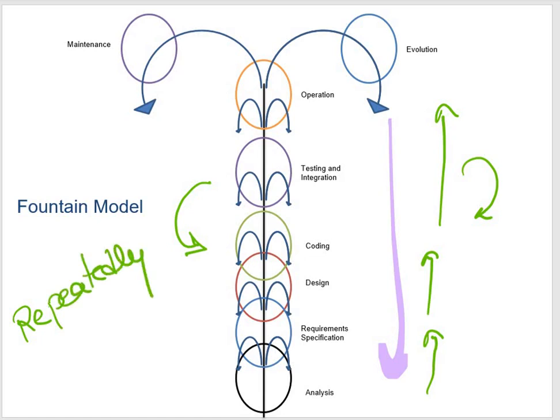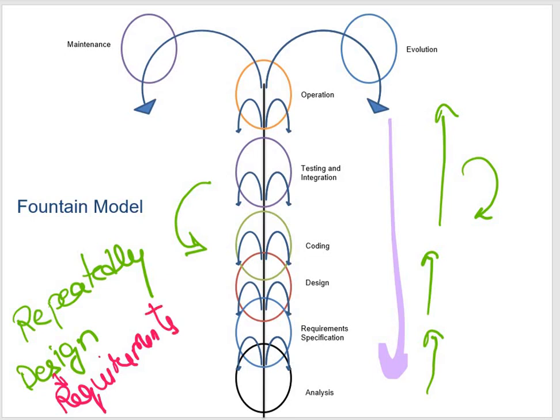Then we have the additional step that there can be a fallback to any of the previous steps, moving through a number of steps and falling back one or more steps, and this can be done repeatedly. This is much more flexible than your waterfall model. All these analysis phase, requirement specification, designing, coding, testing, are the same.